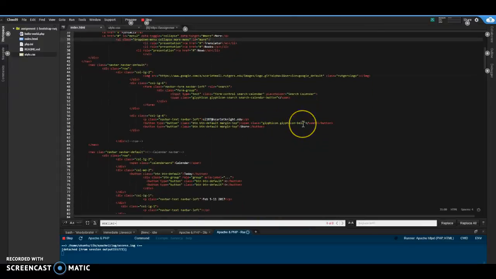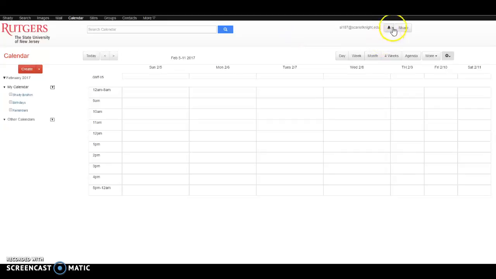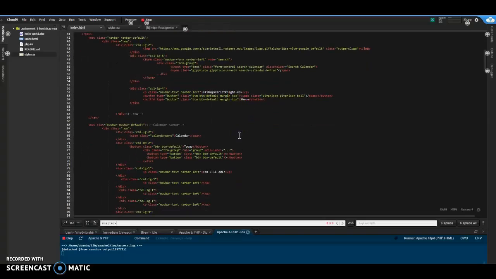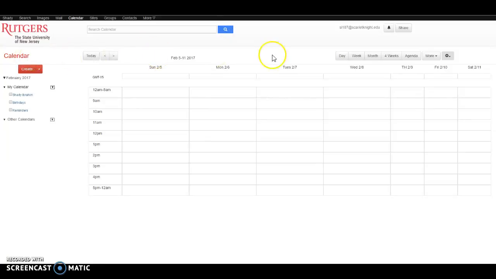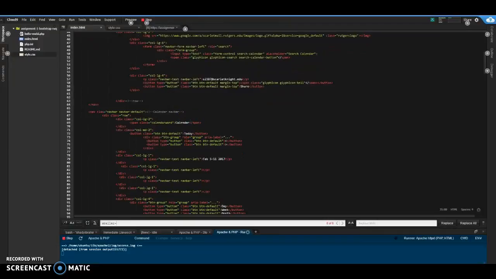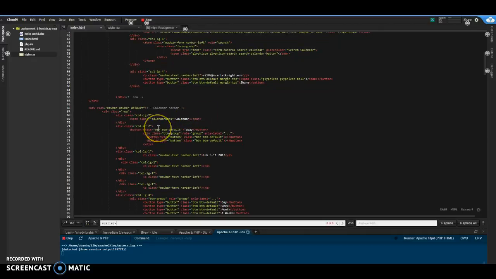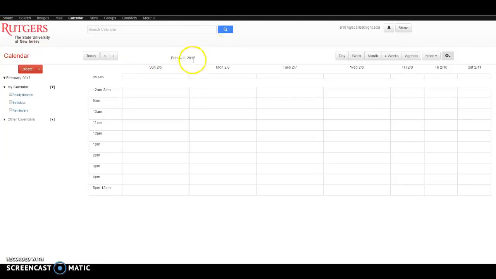And if you look down here, these are classes that are used by Bootstrap to identify these shapes, the bell shape inside the button. And then the next part is this navigation menu or bar. We first have the calendar name, and then in the medium 2 column section, I included the today and the 2 arrows to change the week. After that, I used 1 column large for the date,